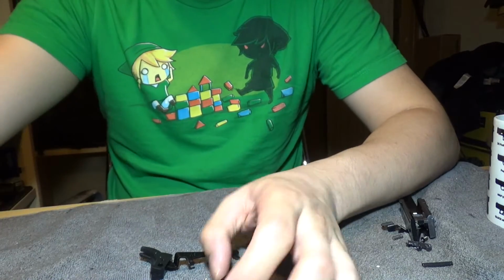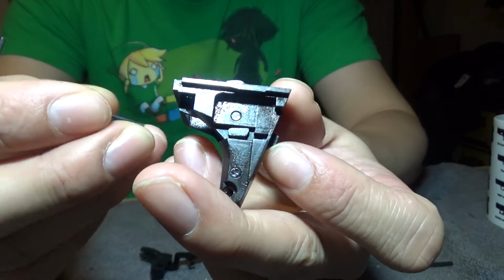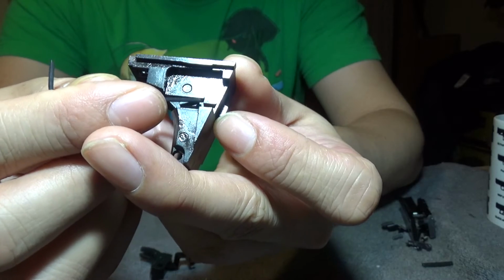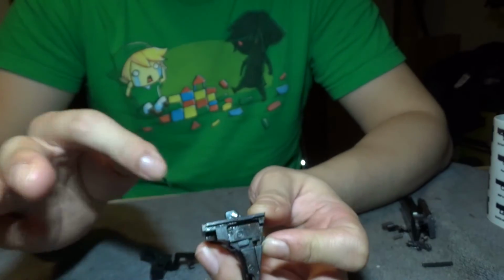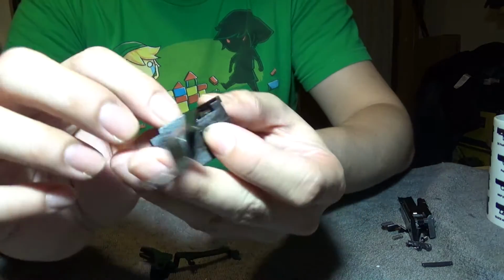And the reason is that the chassis is too shallow in this area, so it doesn't hold the trigger bar properly. If it doesn't hold it properly, basically what happens is that